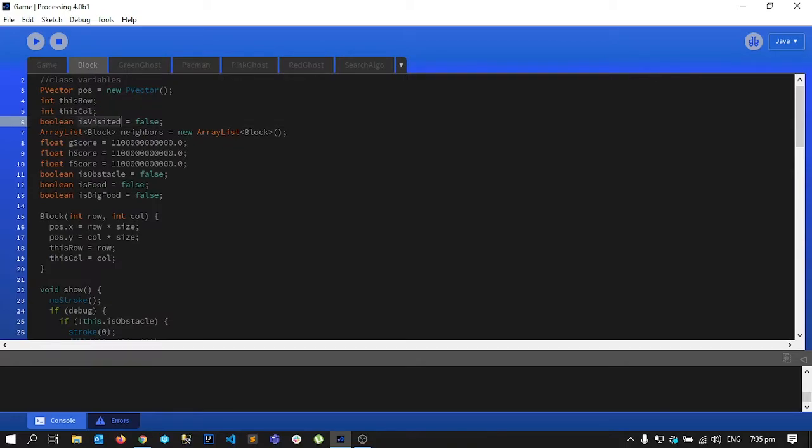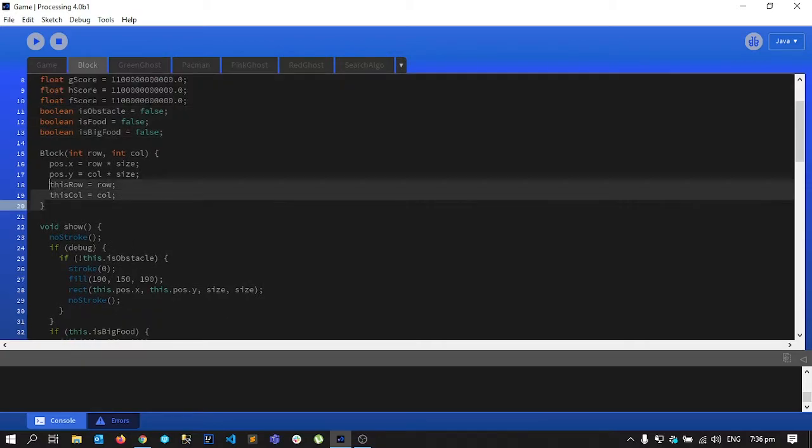It has a lot of different variables. It has a variable of whether it has been visited or not. These variables are used by different other classes. For example, these four are used by the search algorithm to find the path for the ghost to reach the Pac-Man, and these three are to render the obstacles and food on the screen.